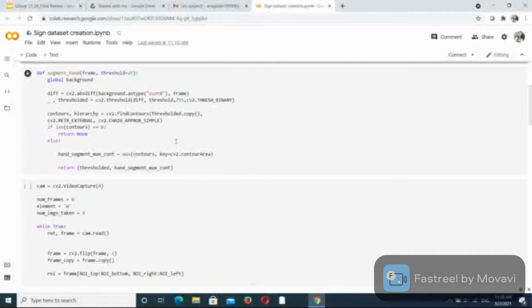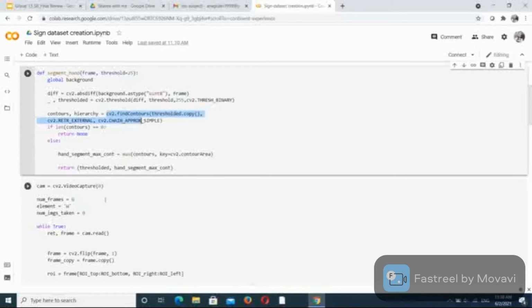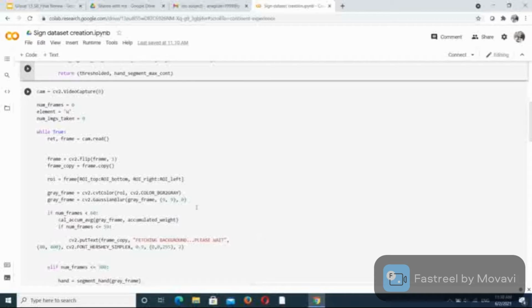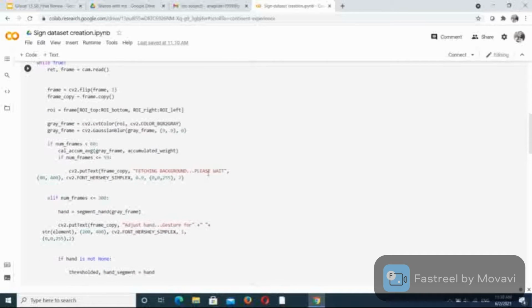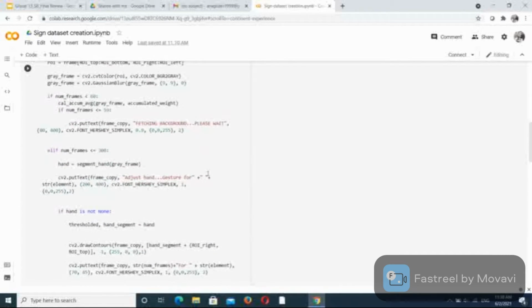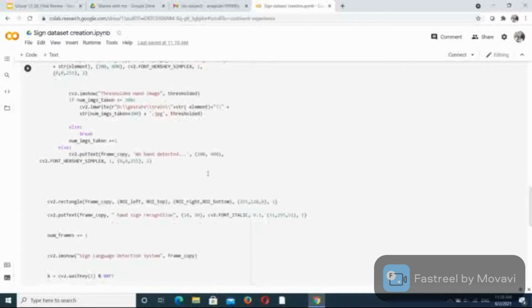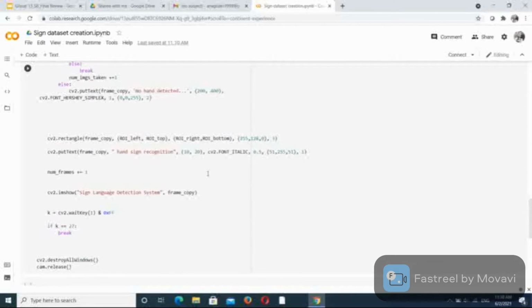We are also calculating the threshold using cv2 to find contours. After that, the video images are segmented for further processing. The final step is capturing of the image using video capture through the live feed of the webcam. When the contours are detected, or the hand is detected, we start to save the image of the ROI in train and test respectively. After that, we are taking the frame copies to save in the train and test image folders for our further processing.